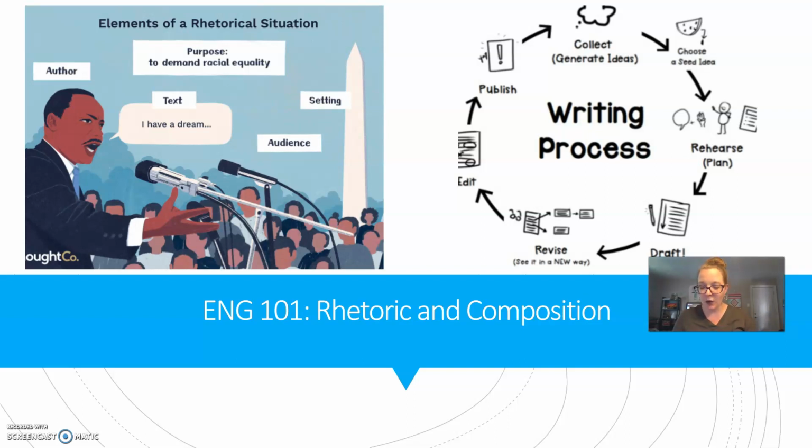And we're also going to look at composition and writing as what's called a recursive process, which, as you can see in this image here, means it kind of goes in a circle. And keep in mind that sometimes these steps don't have to be linear. So maybe you start with the middle of your essay, or maybe you start at the end. But we're going to do a lot of reading and a lot of writing and a lot of talking about how those steps in that process are unique to you and who you are as a student.